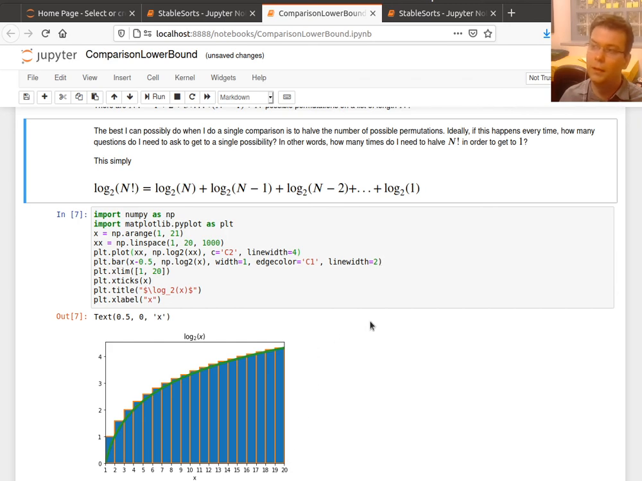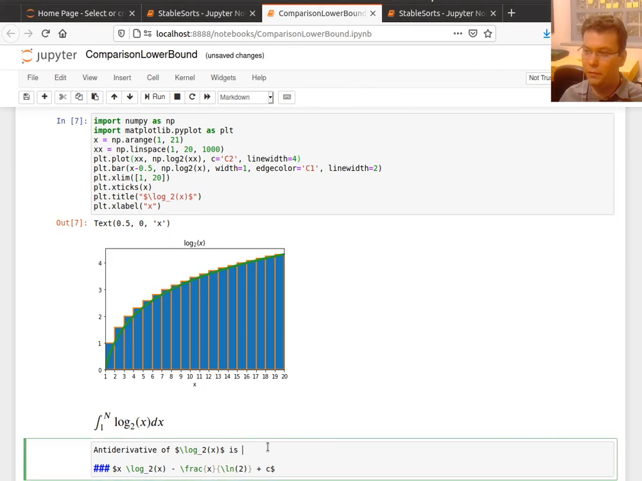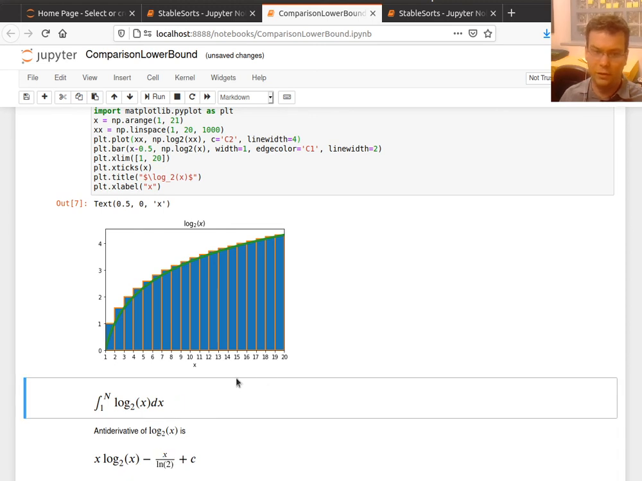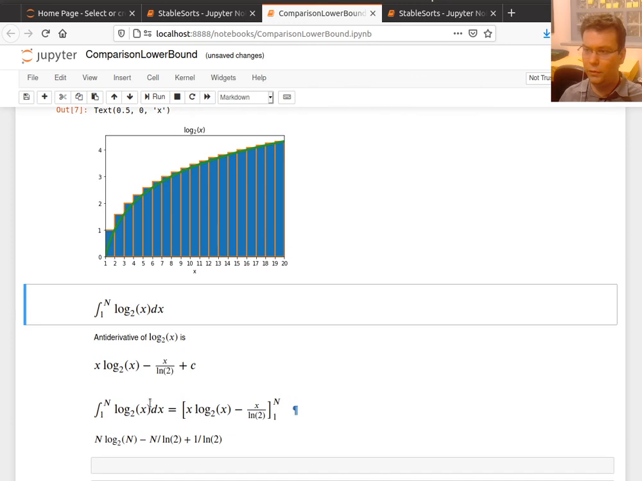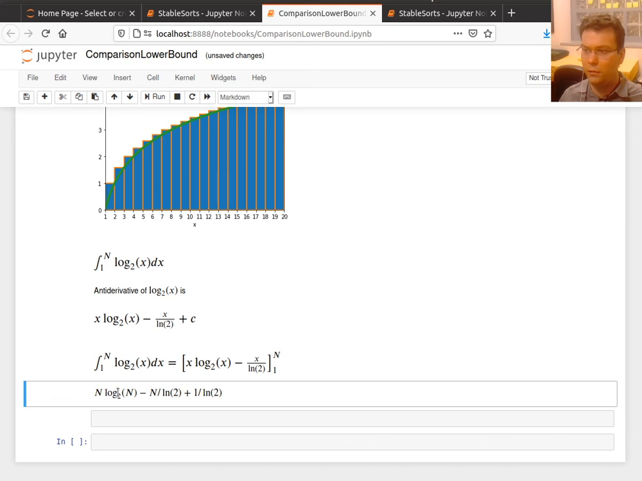And so if we work through that, we find that the antiderivative of log base 2 of x is x log base 2 of x minus x over natural log of 2, plus c. We have to have this change of base thing here. But overall, very similar. With the natural log, it was just x natural log of x minus x. Here we have to have this change of base correction factor. But we follow through a similar thing. We apply the fundamental theorem of calculus, and we end up with this expression, n log base 2 of n minus n over natural log of 2 plus 1 over natural log of 2. So that is a lower bound